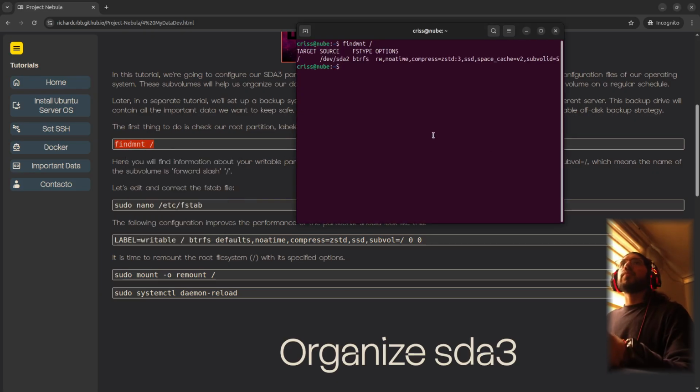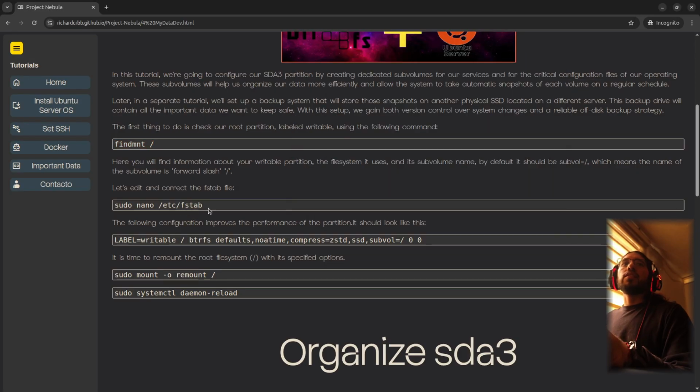It says Btrfs, but this information is not reflected in our fstab, because by default the fstab works with the ext4 file system, and we will change that. So we'll have to run this command,